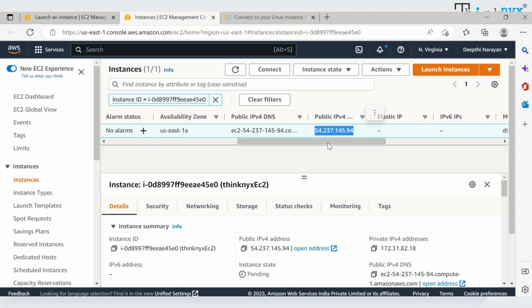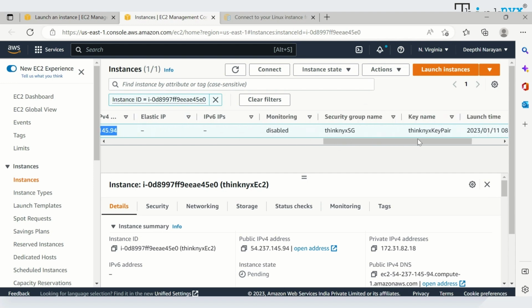We have to remember that this public IP address is a non-persistent public IP address. What I mean by that is that whenever I stop the instance and start the instance later, this IP address changes. So we will have to keep a note of this IP address all the time. We can also use a persistent IP, but this service is chargeable in AWS.